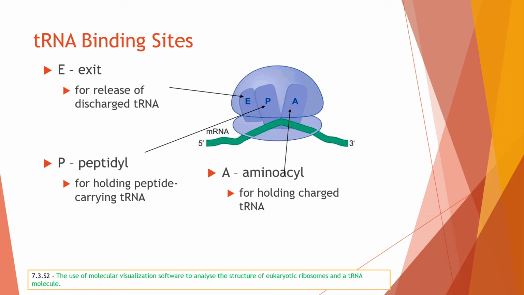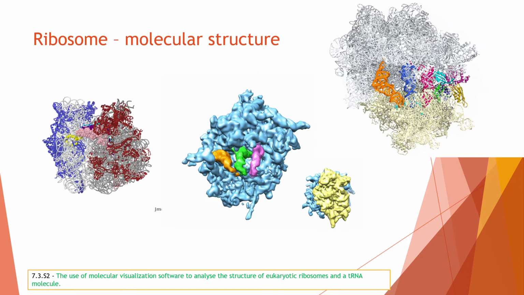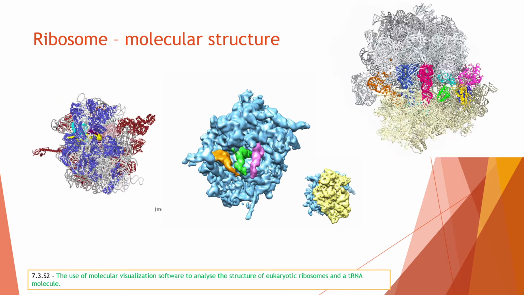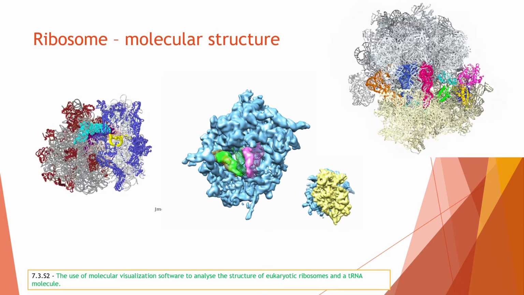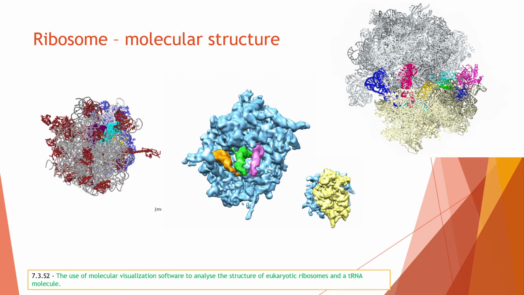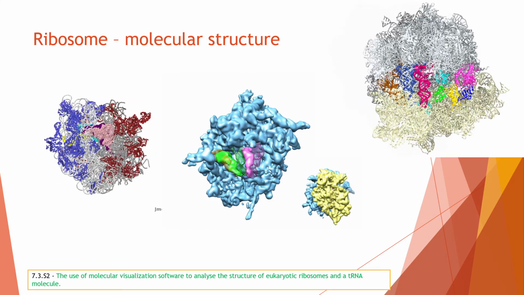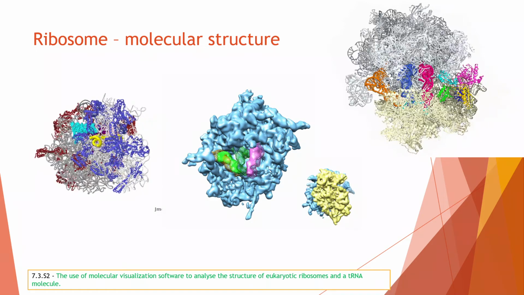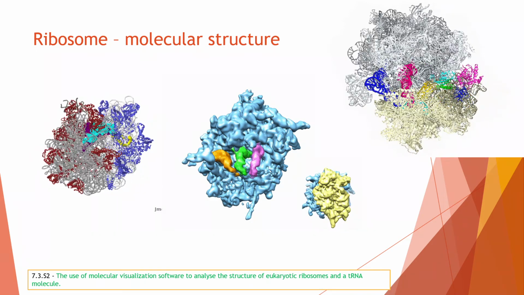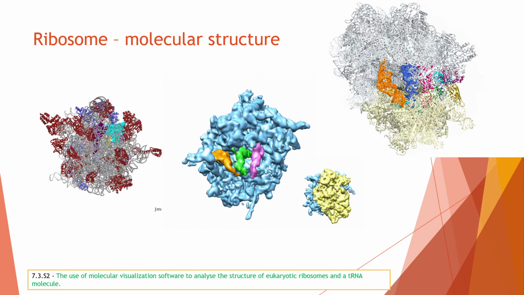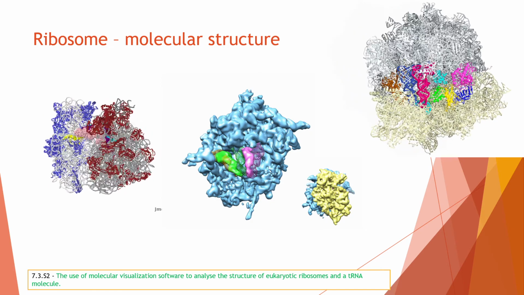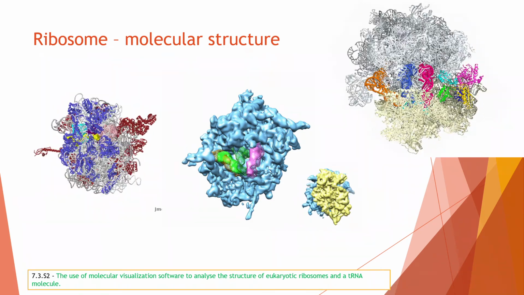You have to remember that the shape of a ribosome is not as neat as this diagram suggests. In reality, a ribosome is a rather large and quite complex structure composed not only of RNA but also of proteins, and it makes it really hard to visualize how it looks and at the same time to show how different parts interplay. So, depending on the function